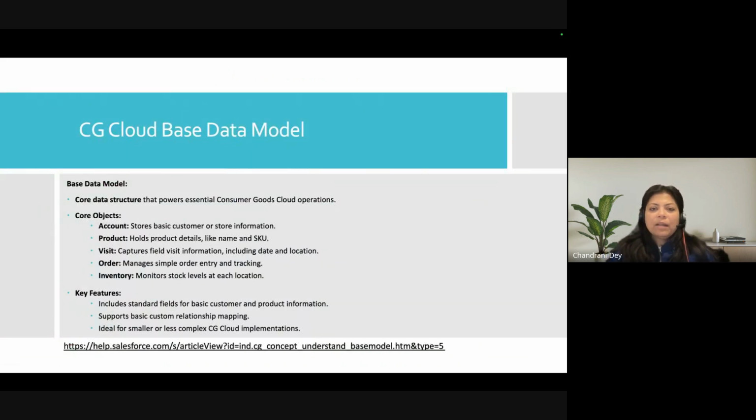Again, we will go to the next slide. This is something that I wanted to start today at least, which is the Consumer Goods Cloud data model. Consumer Goods Cloud basically has two data models: one is the base data model and the other one is enhanced. And why two? Because when this particular product was being developed, at first a few features were given.